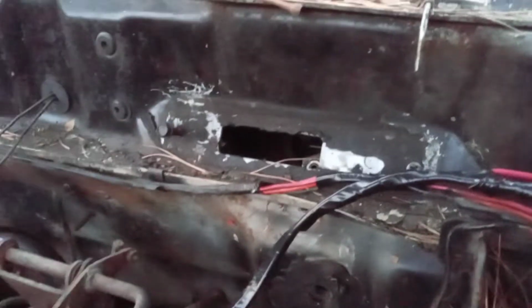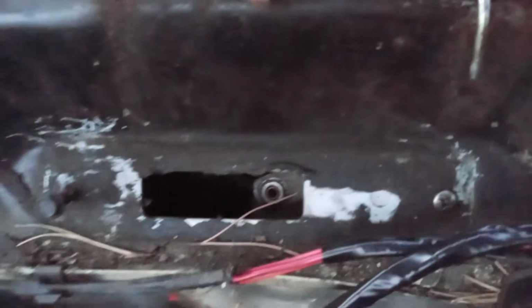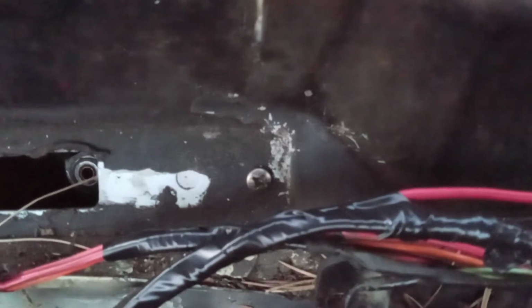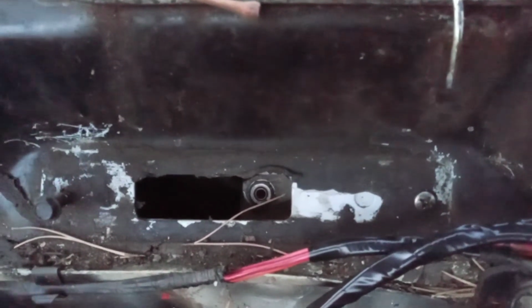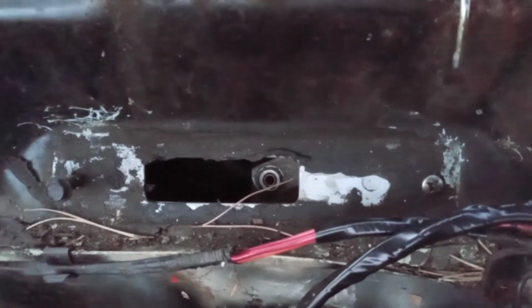We're going to make a little plate there. Temporarily, it's just got 2 screws in it, and they're not correct either. Somebody's had this off before, but you can see that's definitely a sheet metal screw, and that's definitely not correct. So we're going to make a little plate and seal it up. That way we can take it to a car show and enjoy it, and we don't have to worry about getting rain on our floor pans and all that mess. But anyway,